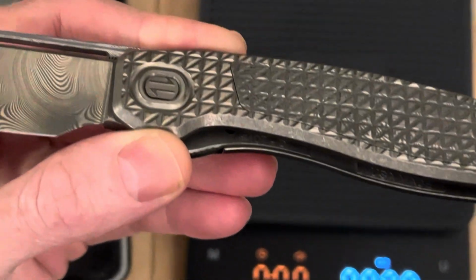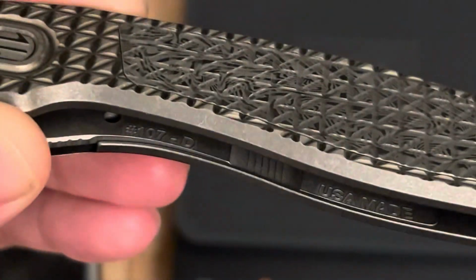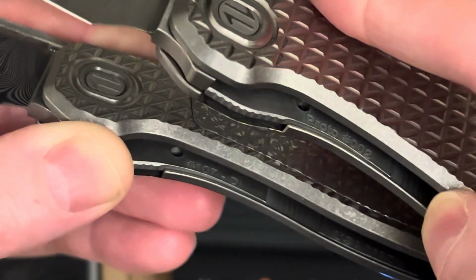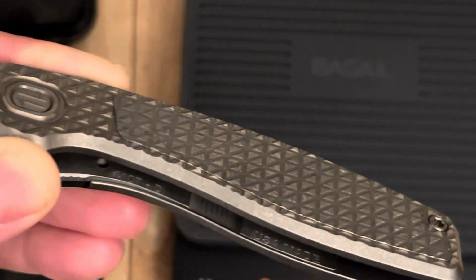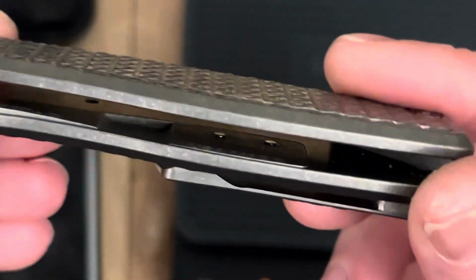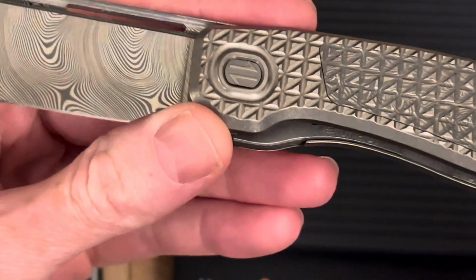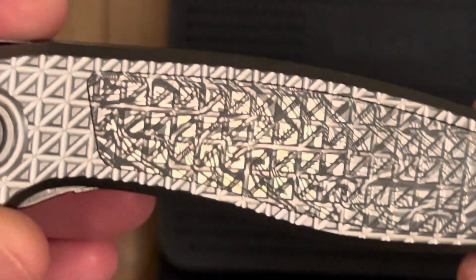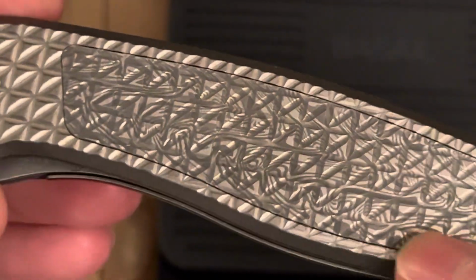This should be pretty cool here. He puts a, yeah, see this D for the Damascus? He puts the blade steel in here. So like this one is CPM 154. Oh, that's right. The Proto wouldn't have it on there. Now he does it on the new ones where it says 154 or it says M for Magna Cut. But this one, you got USA made there. You got the number 107/D for the Damascus or Damasteel blade. And then you just got this super cool inlay. Maybe I can zoom in a little more to show this off a bit more. Very seamless here